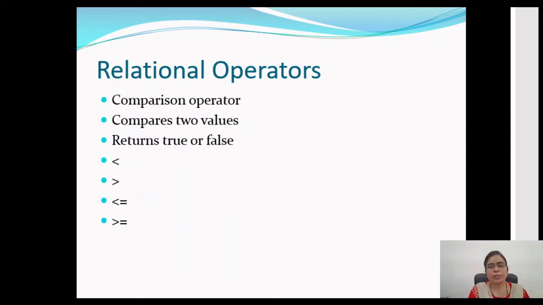So in case of less than equal to or greater than equal to, we are checking equality also, but this is strictly the less than or greater than operator, where we are checking whether the value is less than the other value, or whether the value is greater than the other value or not. So these are the relational operators that we have in C.